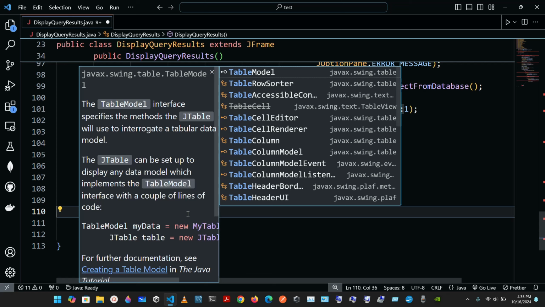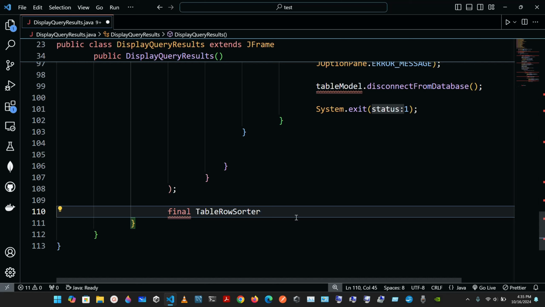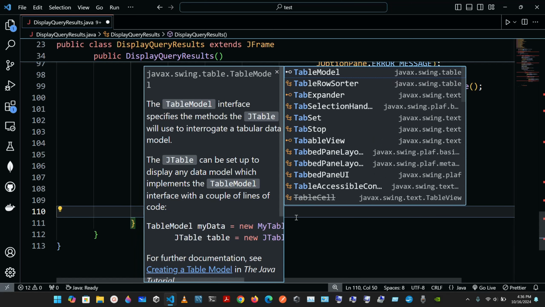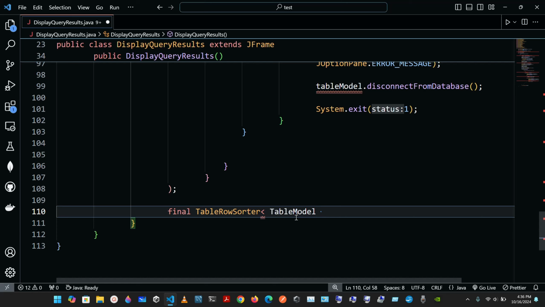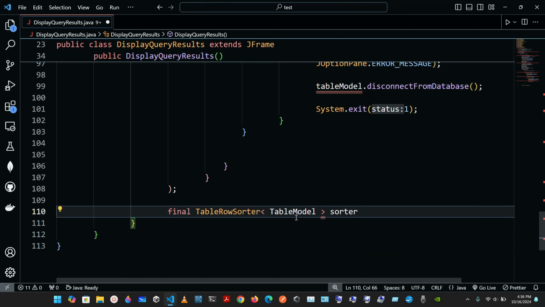Okay, so we continue, and now we're gonna have the final table row sorter. So it's gonna be the second one, final table row sorter, and this one has to be less than TableModel, greater than, and then sorter, equal sign,